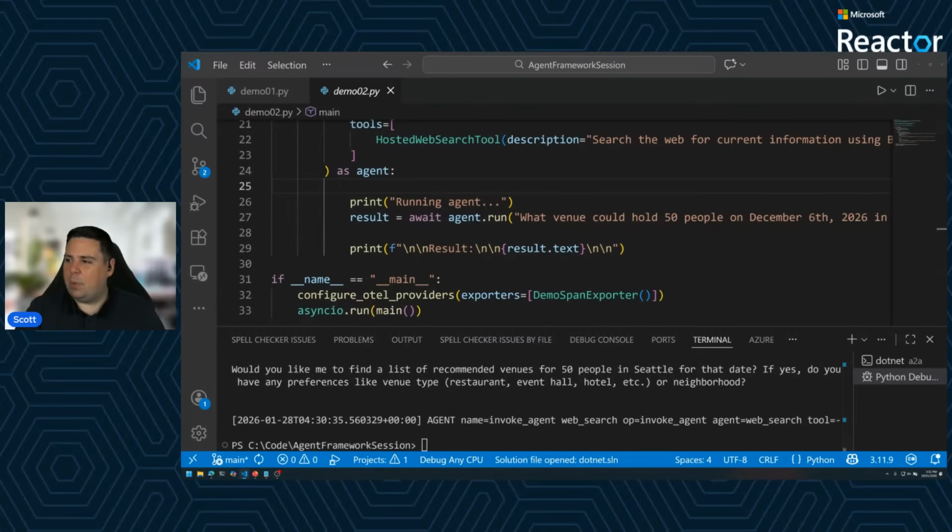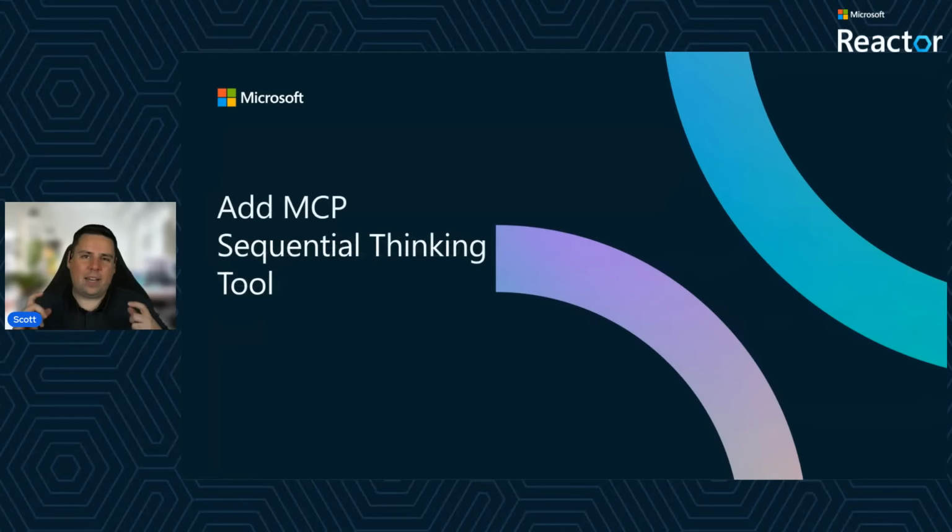Now, it's important to note here, when we begin to think about MCPs, there are a ton of different options out there. There's MCPs that can point to MS Learn and our online documentation. There are MCPs that can provide complete control over your local computer. So it's important to think when we look at MCPs, doing a little bit of due diligence. Here we're going to be looking at an MCP that does run on the local machine. So we'd want to do a scan of that to make sure that it doesn't have any vulnerabilities before we used it. But we can also use remote MCPs, and we'll talk about that in a moment.